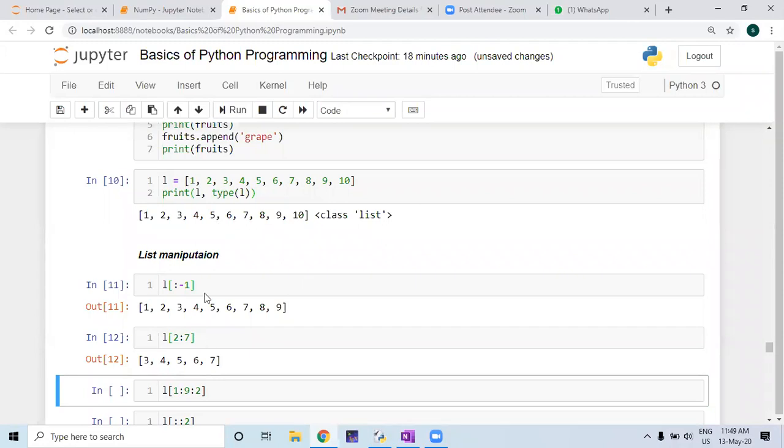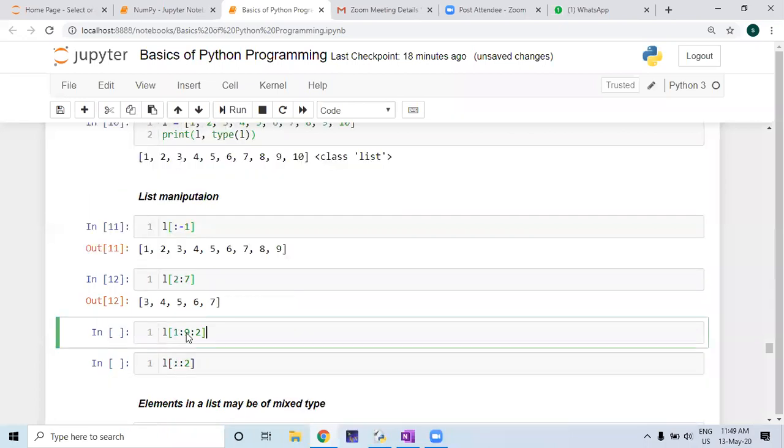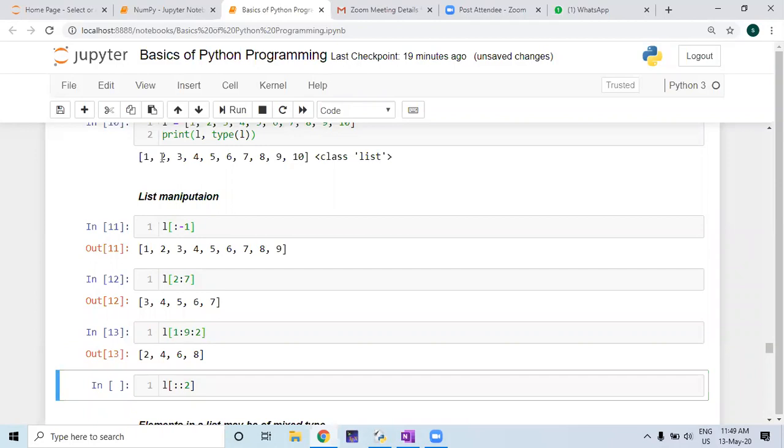So if you want to pick up from second element to the 6th element, you have to write 2 colon 7. Now if you want to modify your list this way, that you want to take from first element to the 9th element, but in a step of 2, then you have to write first element, last element. 9 will not be taken, of course. Suppose you want to take up to 8, then you have to write 9. But you cannot exceed the list. What is the step? Second, 2 suppose. So it will jump 1 element. So it will pick up 2, 4, 6, 8. So first one will be 2, then 1 gap 4, then 1 gap 6, then 1 gap 8. Last element it will not take.